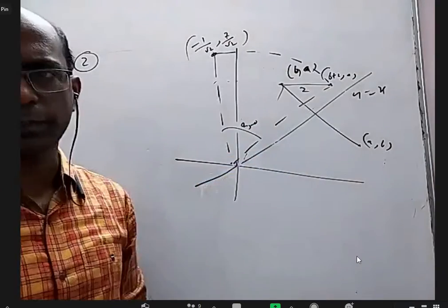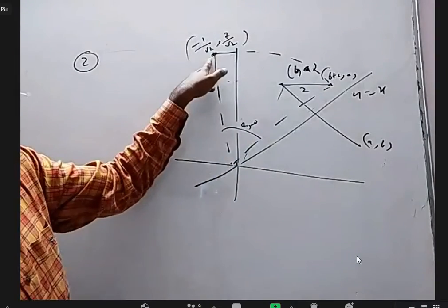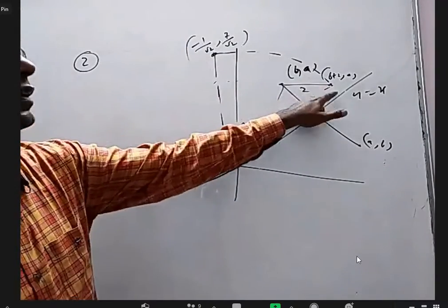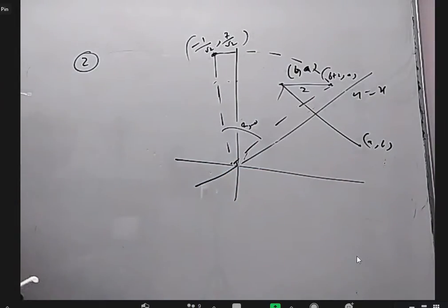What is this they're asking? There are 2 ways to do it. Start from here and then find it, or start from here, rotate 45 degrees clockwise, come back 2 units and then find the mirror image, and directly get a comma b. Either way is okay, fine.